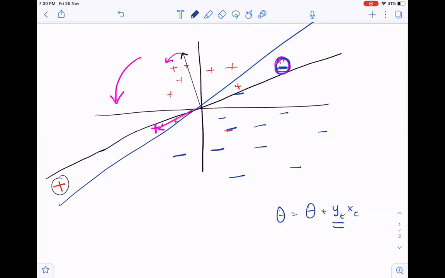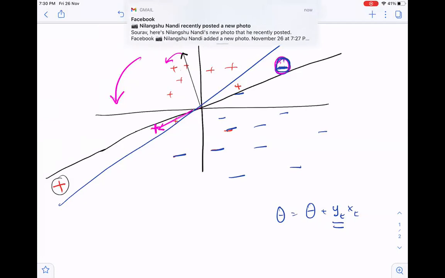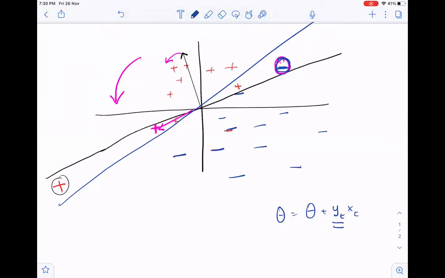So this was giving the right answer, and it was still stopping. Every time, it was not going into an infinite loop that never stops. At some point, this whole algorithm was halting and giving you the right answer. Now, this is a problem that we face in real life applications a lot, because many times what happens